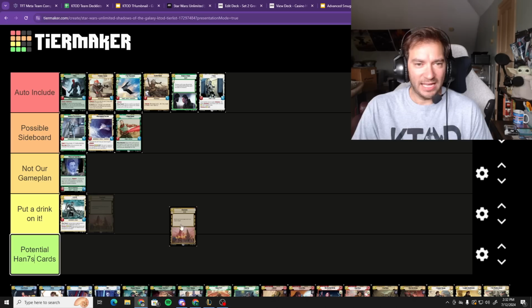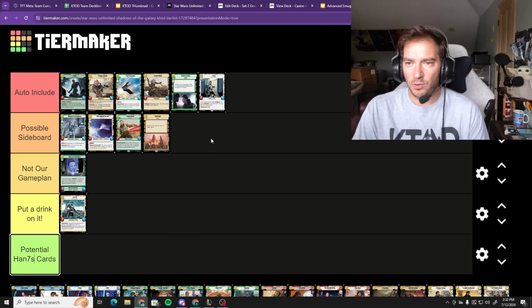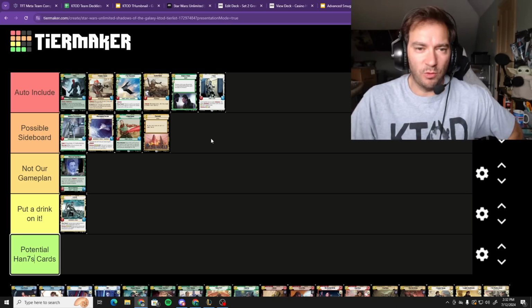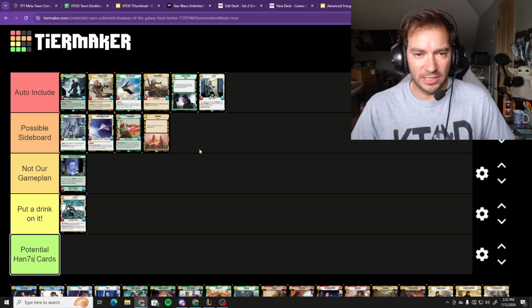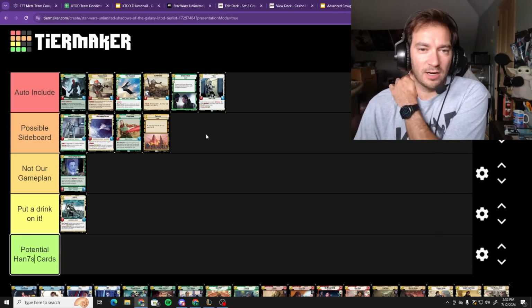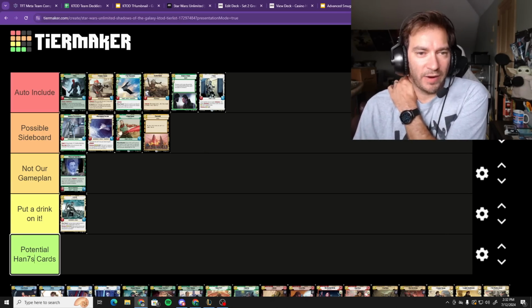And then finally, Evacuate, I think, is a really interesting card to catch us back up in the game. It's not an auto include for me, but it is potentially in the sideboard. I think I'm going to start running it as my main sideboard card for anti-aggro, just getting to that point where we can ramp into it and reset the board really early and then start taking over the game with our 7s. So I could see that getting into the main deck,